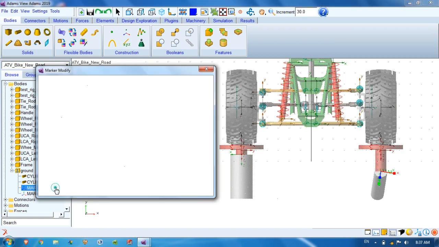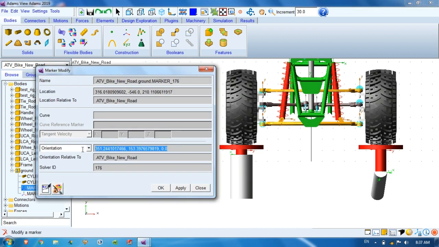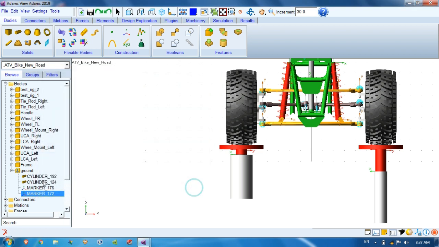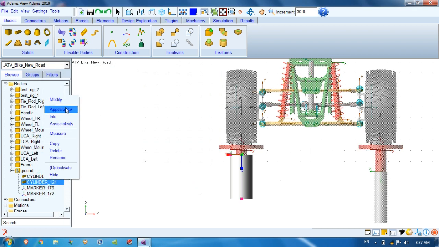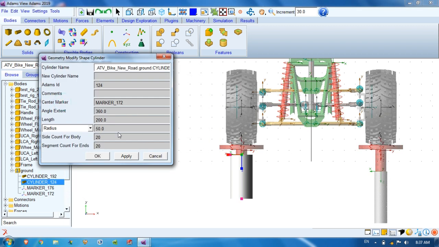So we have to change the orientation to 0, 90, 180 and location. We'll see what the location of marker 170, 470 was, and what the radius and length were.